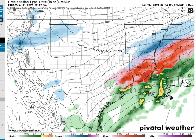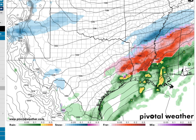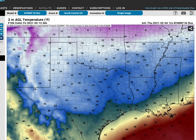Wow. That's interesting. So, we've got freezing rain. And again, let me go look at the temperatures here. That's certainly possible. Now, your blue lines are freeze line. So, again,